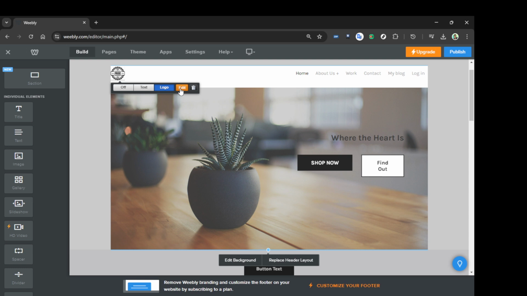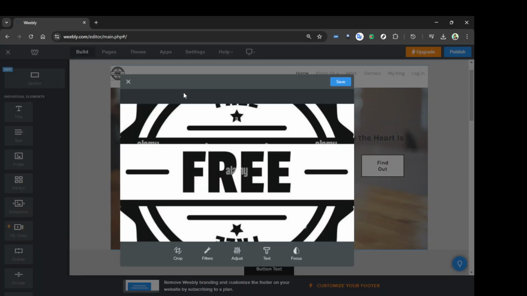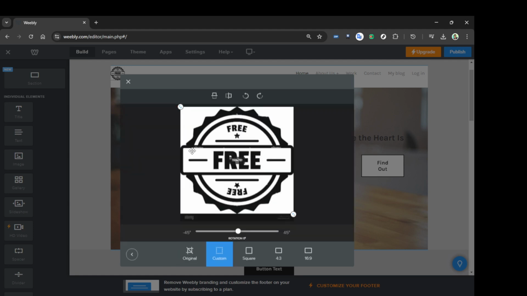In this crop mode, you should see icons at the top left and bottom right corners of your logo. Use these icons to resize your logo to your desired dimensions by clicking and dragging. This allows you to customize the logo size precisely so that it fits well with the rest of your site